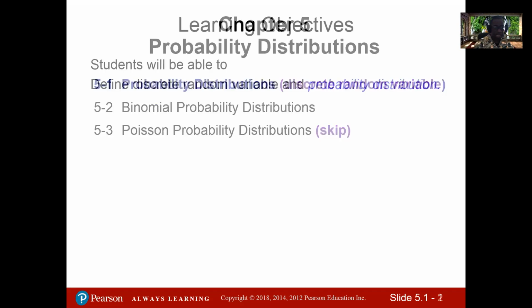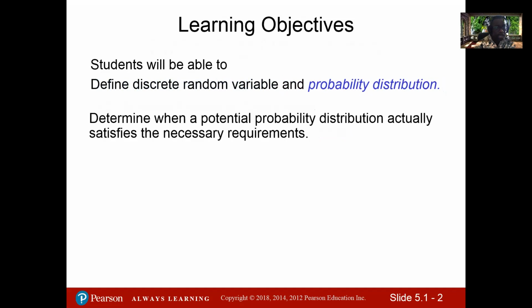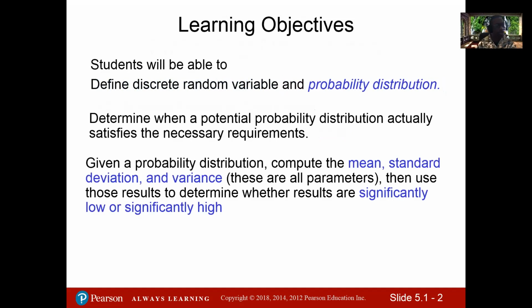Now, the learning objectives are the following. At the end, we should be able to define a discrete random variable and its probability distribution. Determine when a potential probability distribution actually satisfies the necessary requirements. And given the probability distribution, we'll be able to compute the mean, the standard deviation, and the variance. Now, note that these are all parameters. They are not based on statistics. That is, they use the population values, numerical values, and then we use them to determine whether a value was